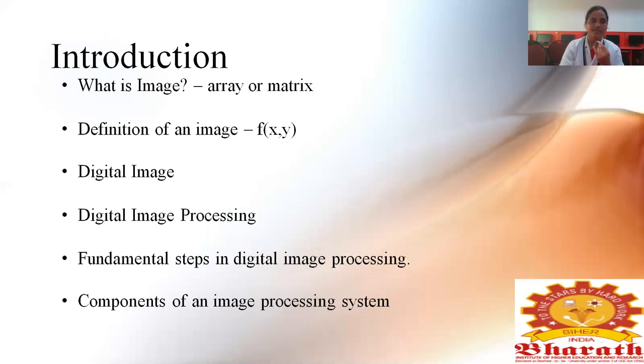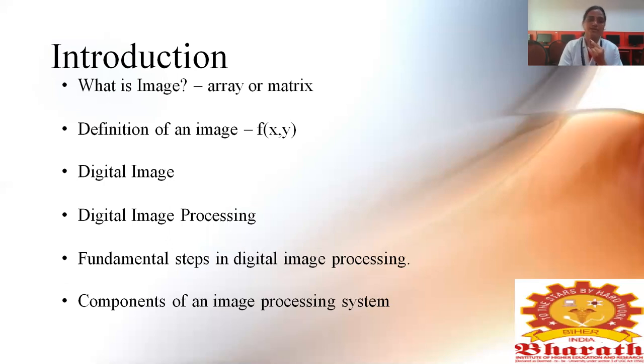Then we'll know what a digital image is. As I said, the digital image can be represented by f of x comma y, where x comma y are the coordinates and f is the function, that is, the intensity value. So x, y and the amplitude all have discrete, that is finite, values, and that is called a digital image. Why? Because the x, y coordinates have discrete, finite values, taking only particular specific values.